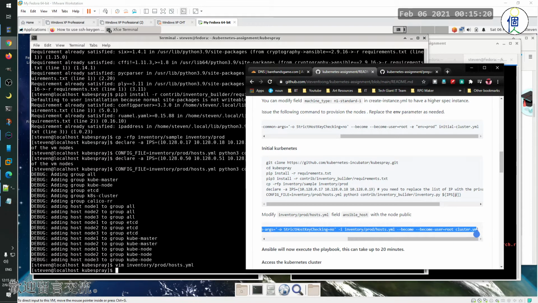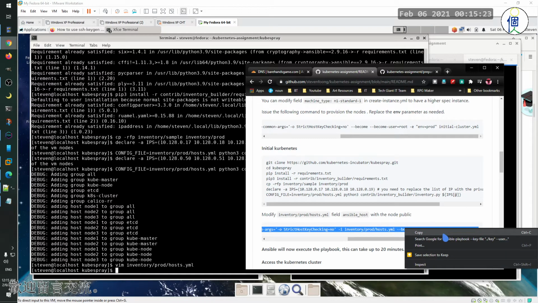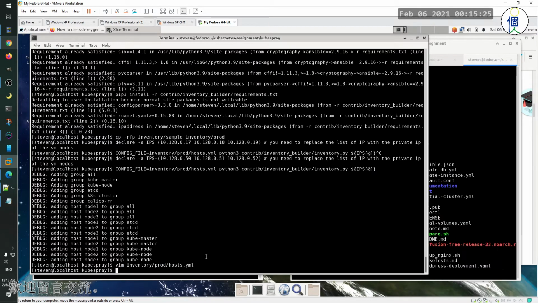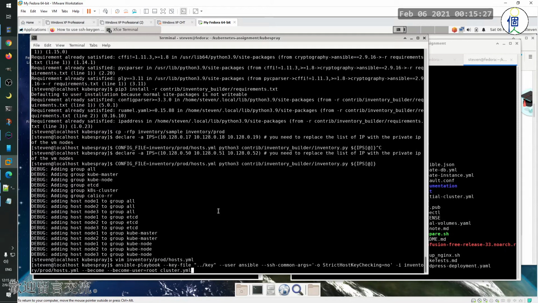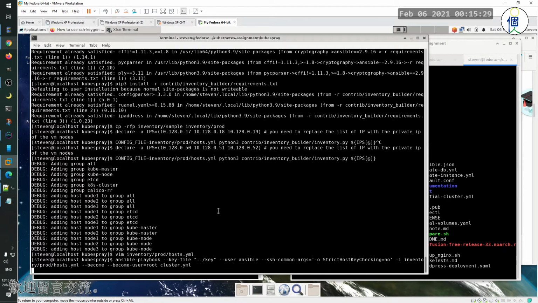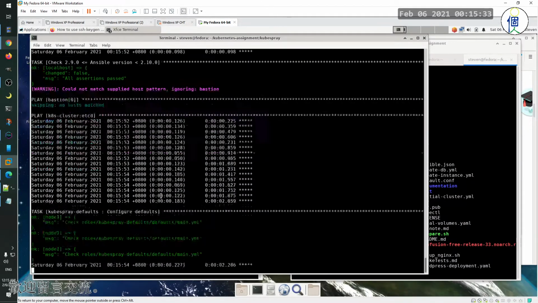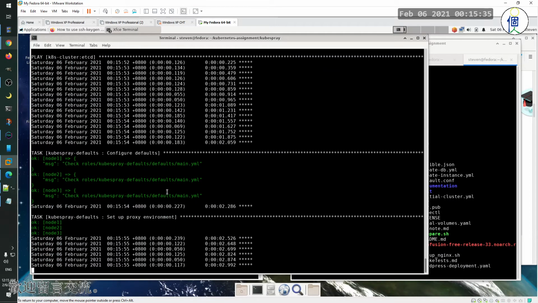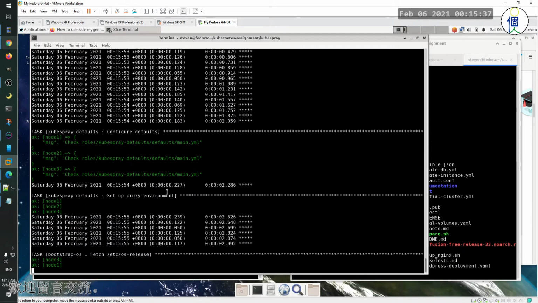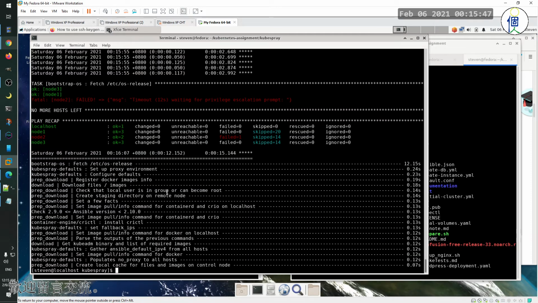Okay, so copy and paste, then run. So this step might take up to 20 minutes. It depends. Sometimes it will start halfway. Ideally, we should be able to go down to have a coffee, go away, or